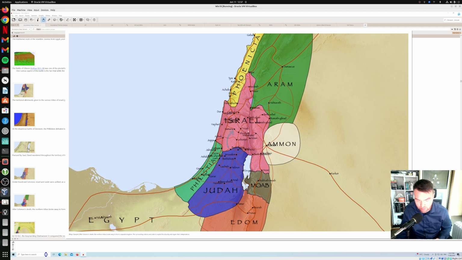Can we see it on this map? Samaria is the capital of the northern kingdom. Eventually, though, in 722 BCE, the northern kingdom will be conquered by the Amorites. The Assyrians, my mistake. And then in 586 BCE, the southern kingdom of Judah will fall to the Babylonians,